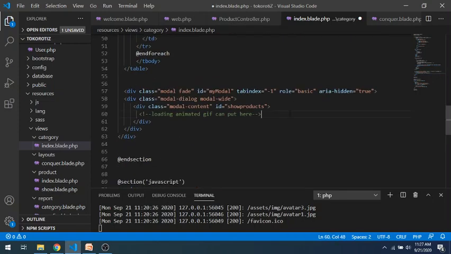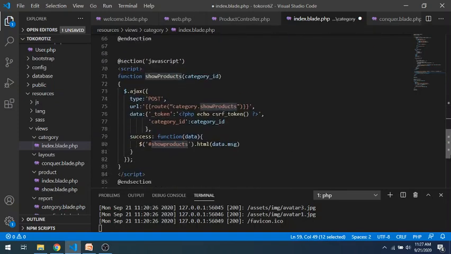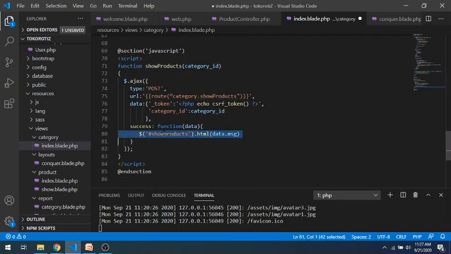So it will be nice if you have a loading animation GIF here. Okay, and then there is the show products ID here. We put it here. After success, the products ID will be filled with the data.message.